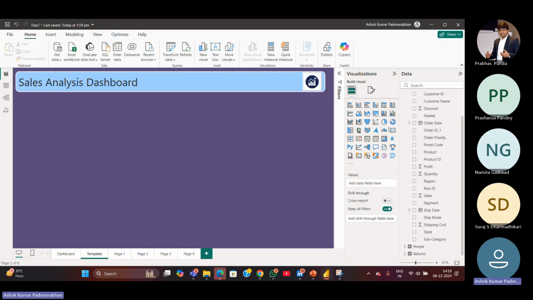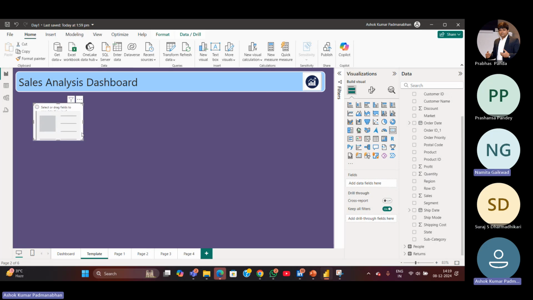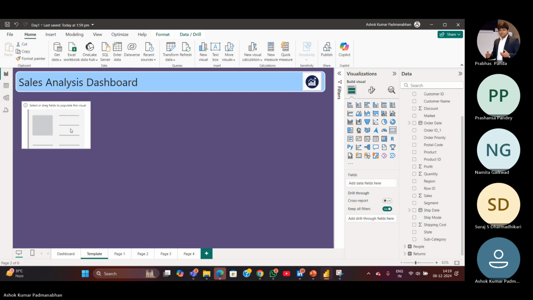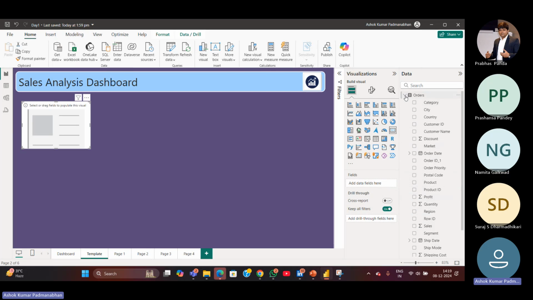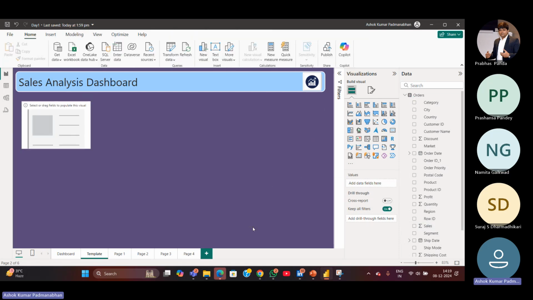I'm inserting a card visual, right? I'm resizing it. Now I have a sales column in the data pane in the order table. I have a sales table, right? So click on the sales column and drag and drop this column here inside the sales. This way also you can do it, or the right way is once you click on this report canvas,